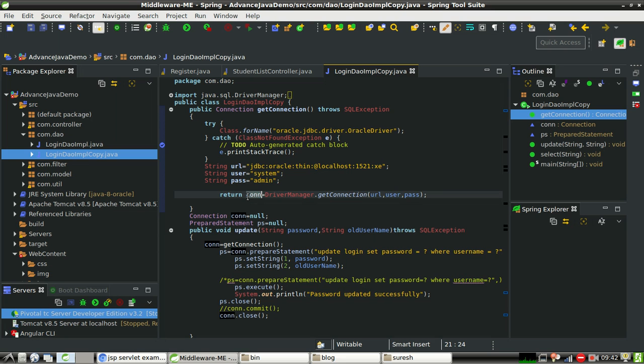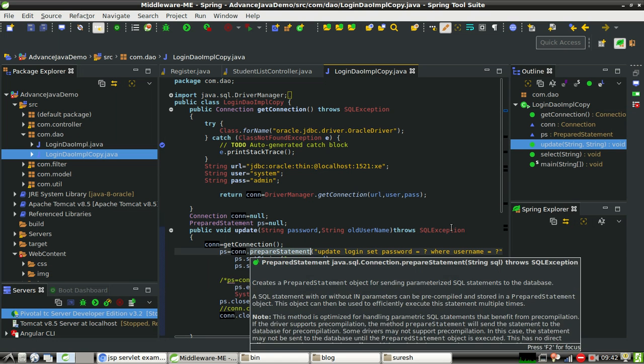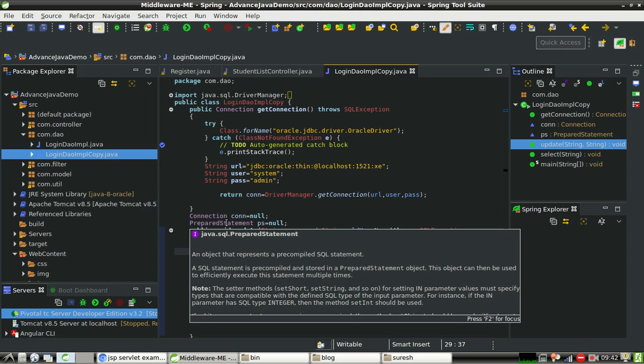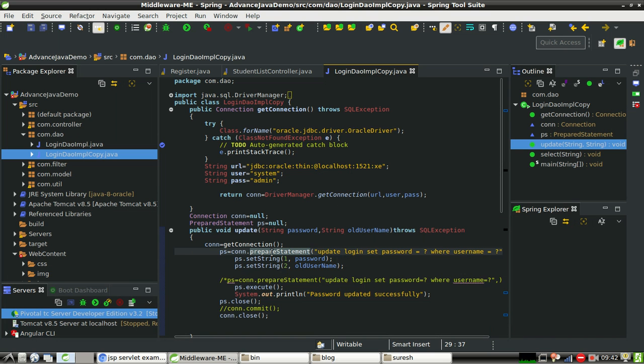Now how can I use this connection to insert my entries? First thing is get the connection. Second thing is, with the help of the connection object, I have called the prepareStatement method. That will give me the reference of the PreparedStatement interface. Why PreparedStatement got introduced is because when we are going to hit the query, suppose I need to update